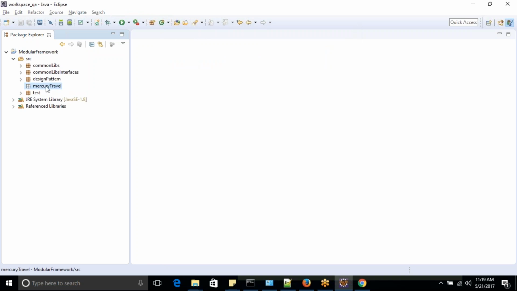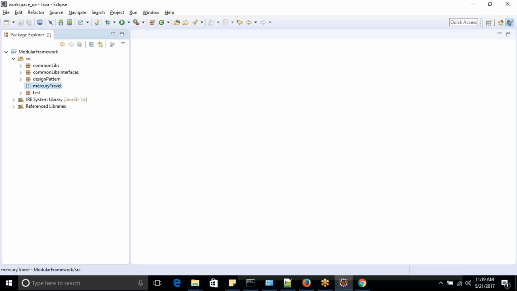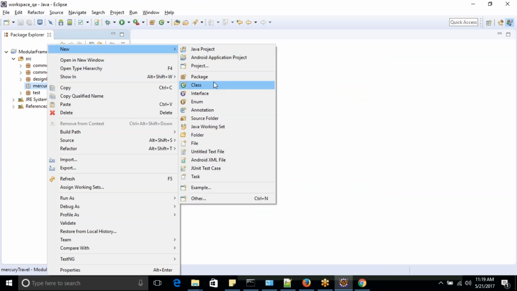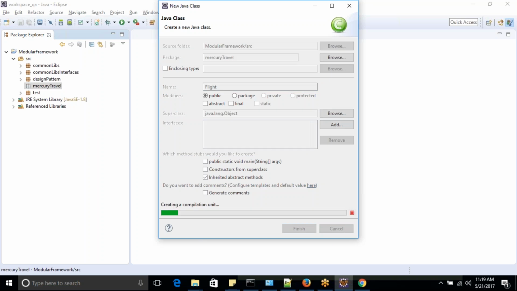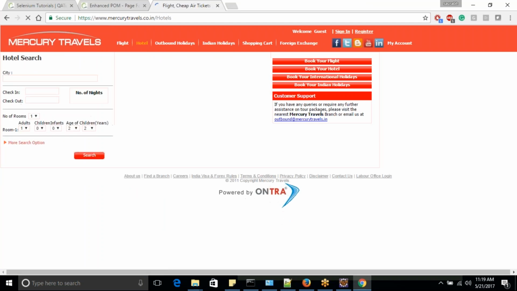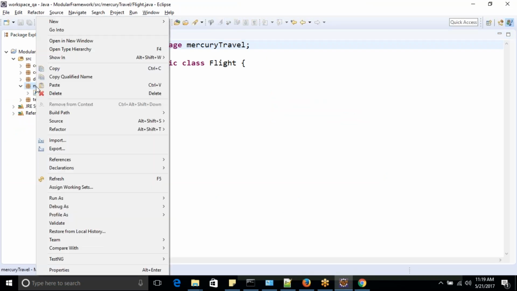Okay, in this let's create two pages, one for flight and second one for hotel. So here I can say first page is flight section, or let's keep it flight.java only. And second I'll create as hotel. So I'll just click on hotel. So this is the second page, right? So I'll create another class file,